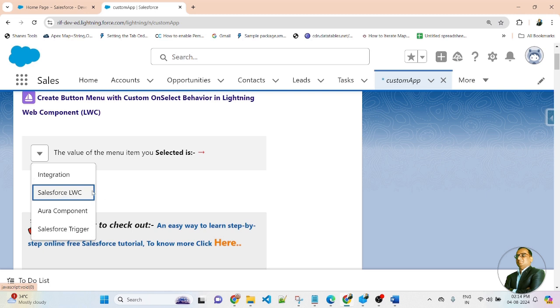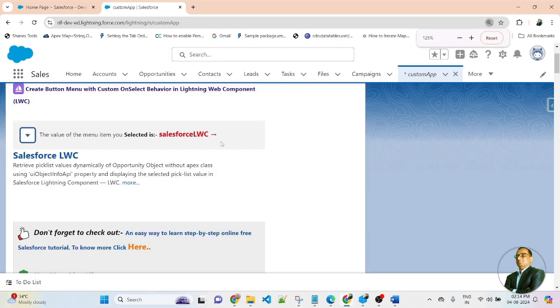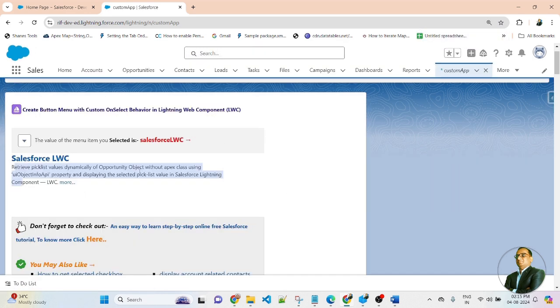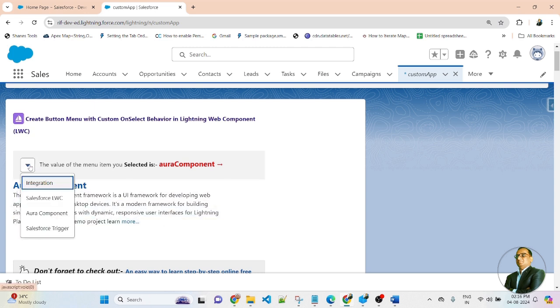So friends, you can see once you click here, my drop down menu bar items are displayed. Once you click on a menu bar item, the selected menu bar will be displayed here, and the data will be displayed below the section. So now let's click on the first one, Salesforce LWC. You can see Salesforce LWC displayed here. So friends, if I click another value of the drop down, now let me select our component. You can see our component is also visible here, and based on the selected menu, the data will automatically be visible below the section.